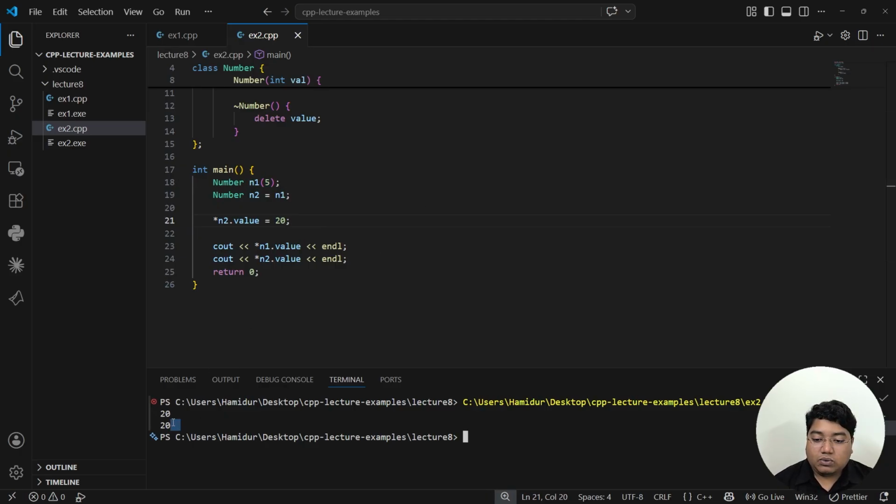But we are seeing that once we accessed n2 value and put 20 there, it also changed n1. This is the problem we will spend the rest of the lecture learning how to solve, because